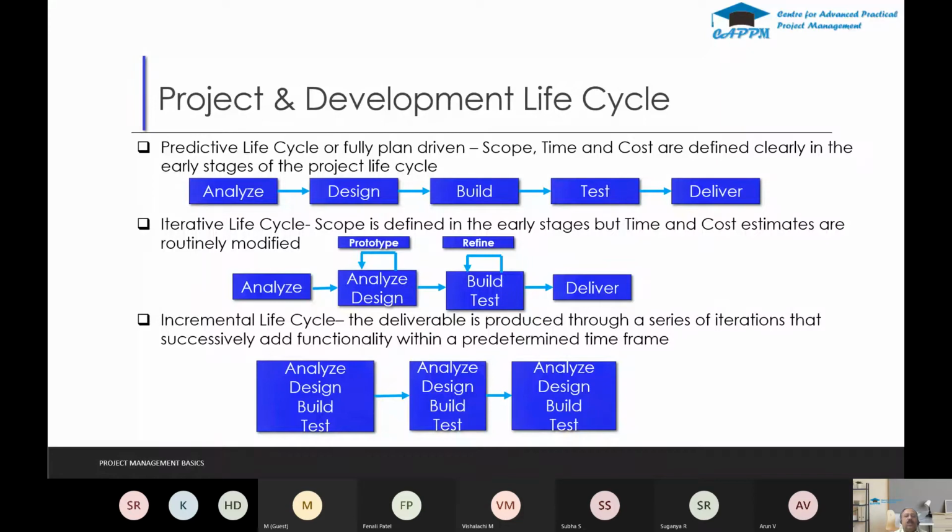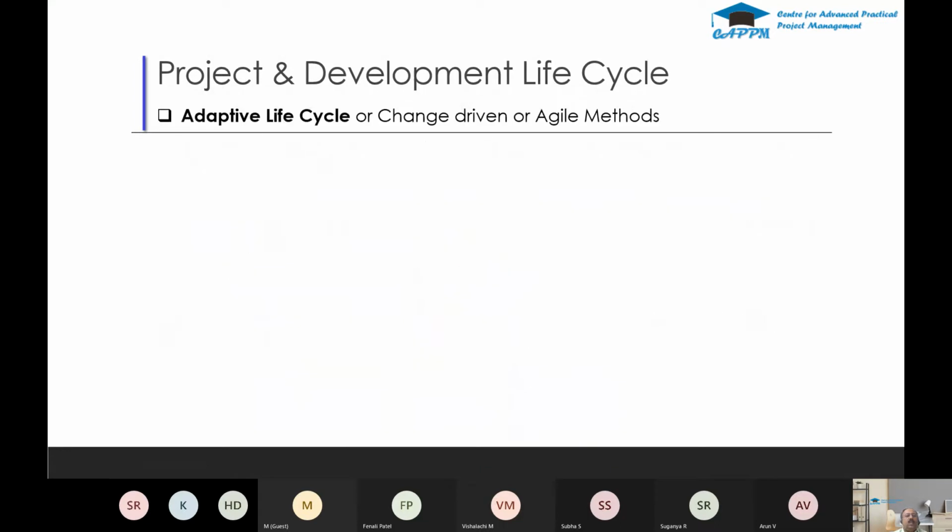So that will give one functionality for the user. And after that, you go for another iteration. So the first iteration will be 3 months, and the second iteration may be 1 month or something. So there you are adding another 2 features, and that will add some more functionality. So like that, you will be going on from one iteration to another iteration, giving the incremental output